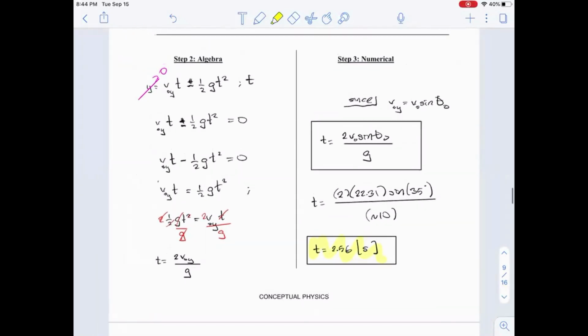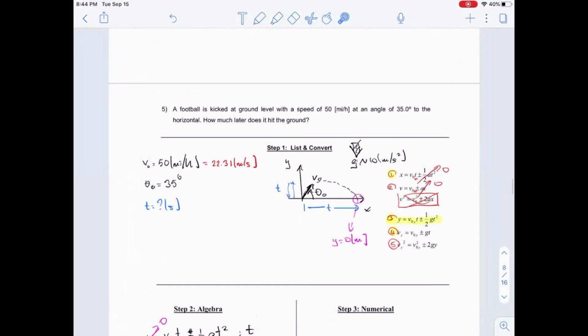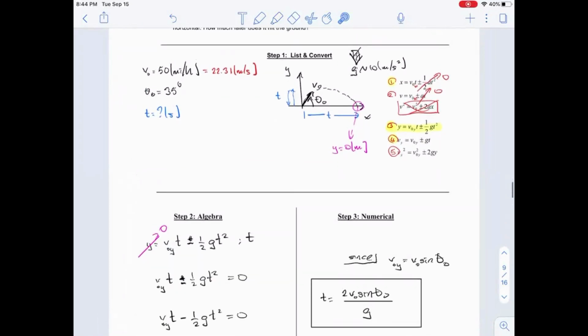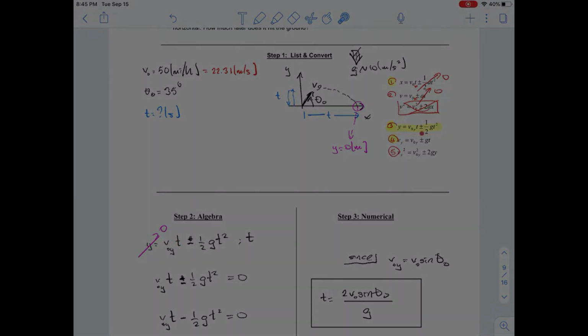Number one, being able to pick this equation actually required a little bit of thinking. It wasn't as easy as, oh gee, let me just pick a formula and solve it. You have to realize that the letter y represents the final height. This final height is 0, and you have to remember that the amount of time it takes for it to go up and down is the same as this. And eventually you notice that this is the only one that made sense. And then obviously